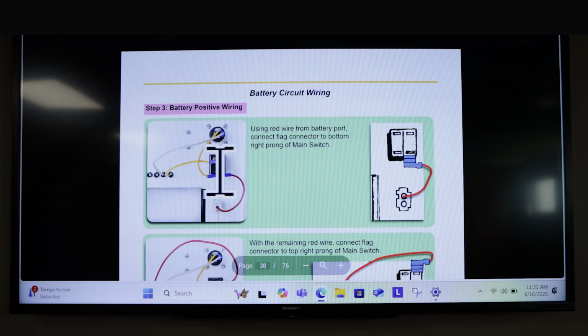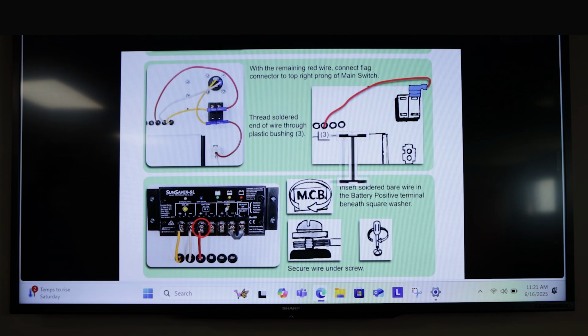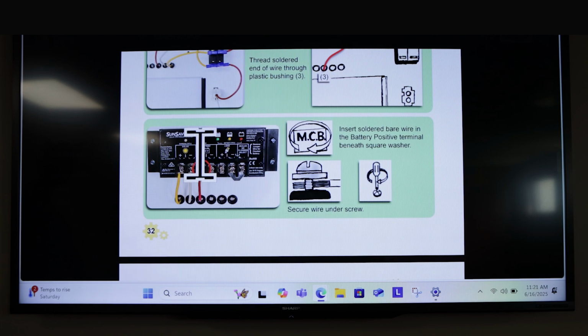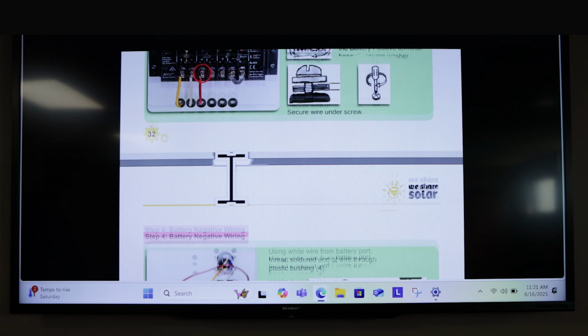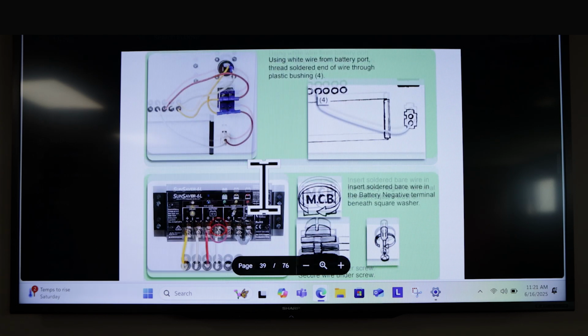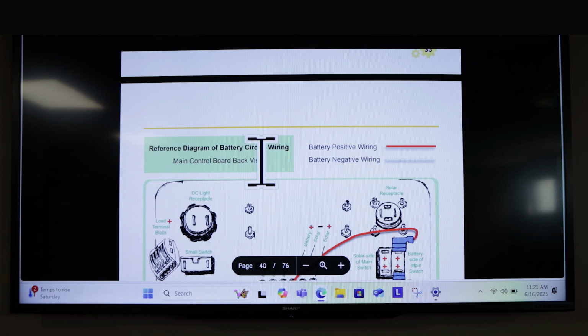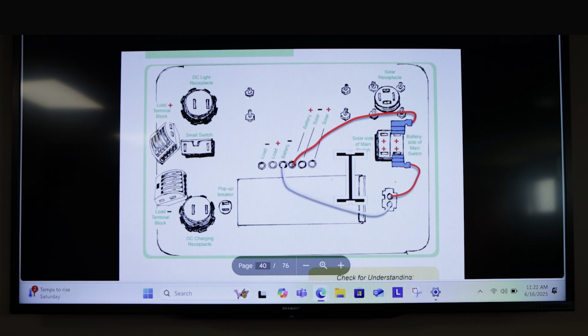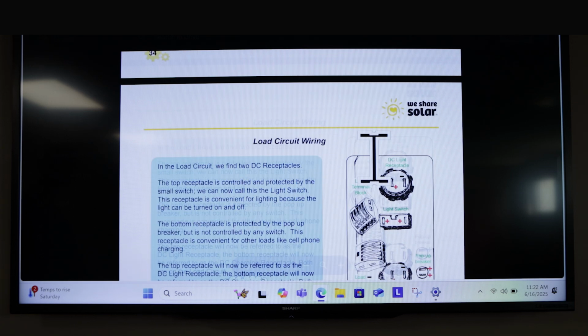And then now you're going to go in, red wire is going to be used to connect the battery terminal, and that's going to go up here, and you're going to systematically work your way from left to right. You're going to do the battery negative next, and eventually you have your battery circuit complete, and you'll be working on